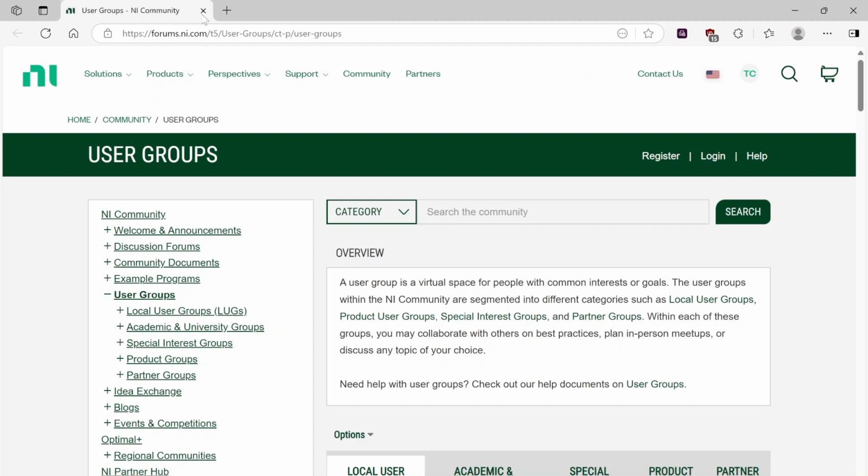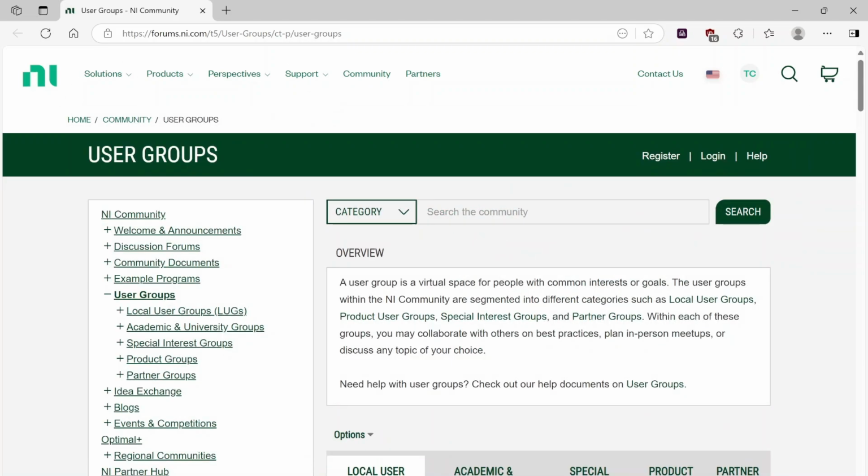The last thing I wanted to talk about is going to be user groups. And I could actually go a lot more in detail into user groups. I just want to highlight that these exist and what they are. And then I can do future videos with more about user groups. But essentially, user groups are going to be something local. So different areas are going to have different user groups. And it's just people in that area who use LabVIEW who get together on a regular basis and share information, demo stuff, maybe ask questions, just learn from each other and grow as a community.